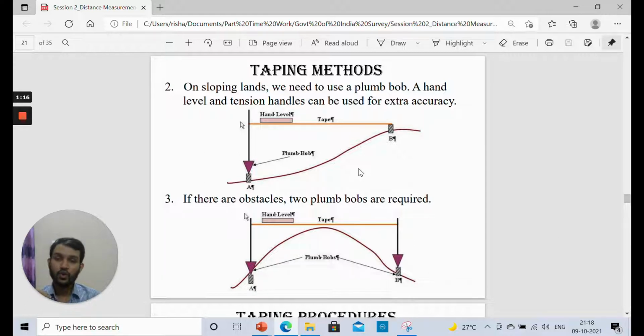Okay, so we will have to raise those stations to a sufficient height from where both the stations are visible to us, and it will be perfectly horizontal. So for that we have to raise those points above the highest point of the hill. Okay, how can we do this? With the help of a plumb bob, and then we will try to keep it perfectly level.